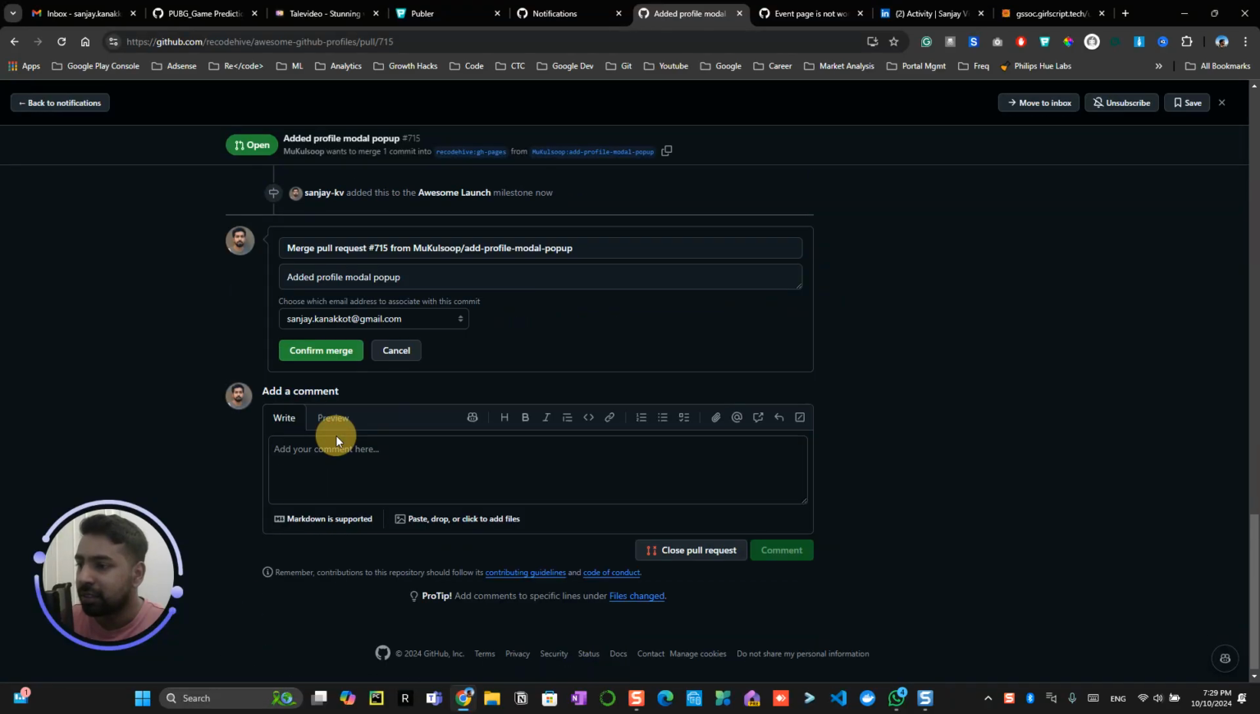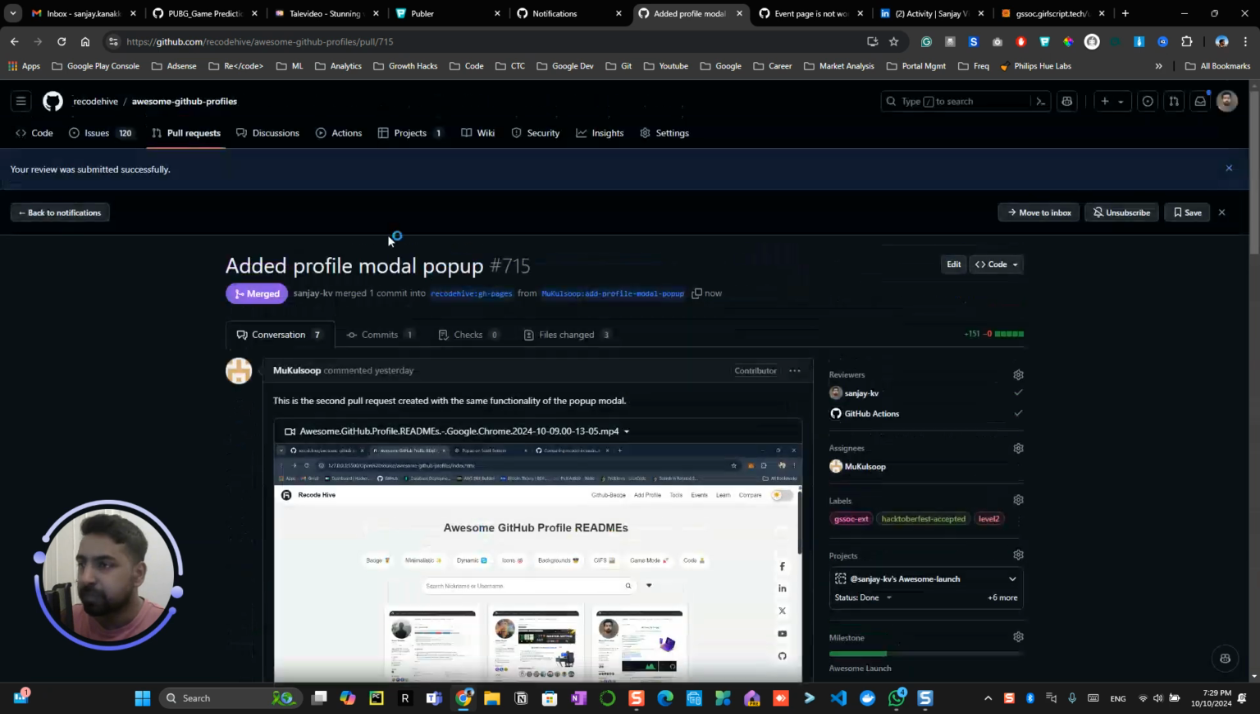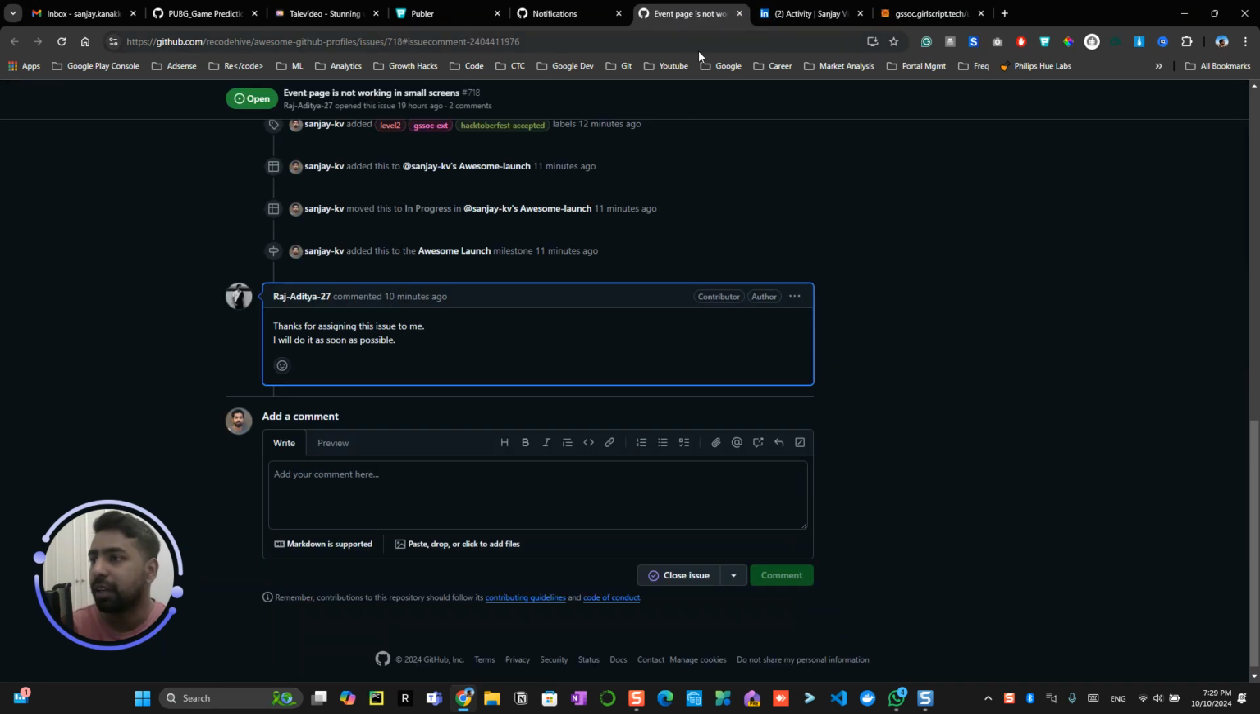And I added the label, and what I did is I merged the pull request, and I always try to delete the branch, because otherwise it will clutter up and it would be very hard to